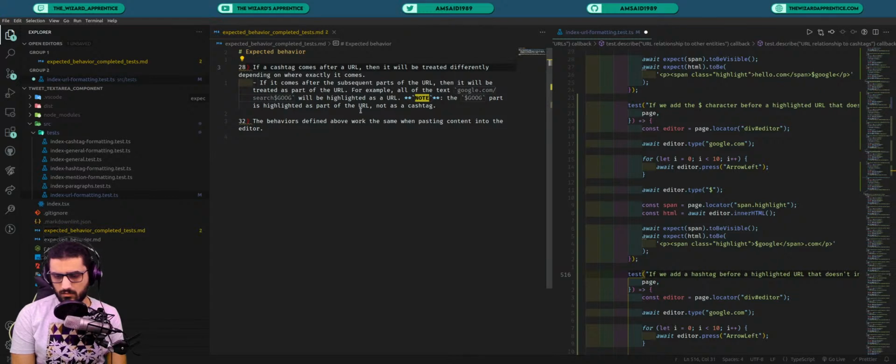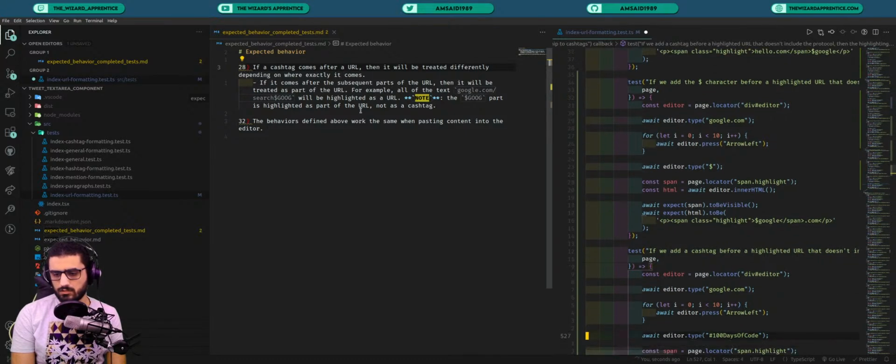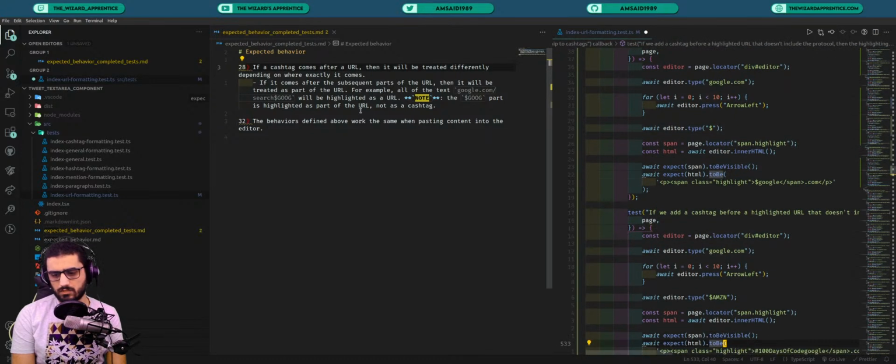It depends, because this for instance is 6 characters, which is actually the limit of how many characters you can have in a cache tag. So if we add something like this, for instance,